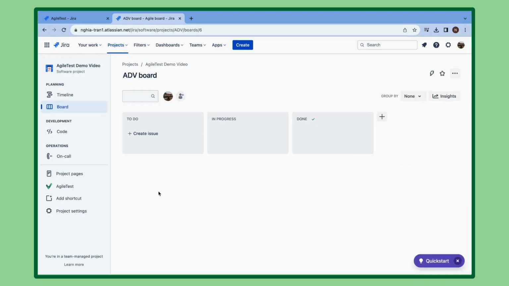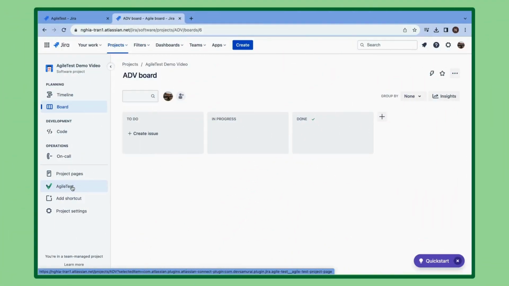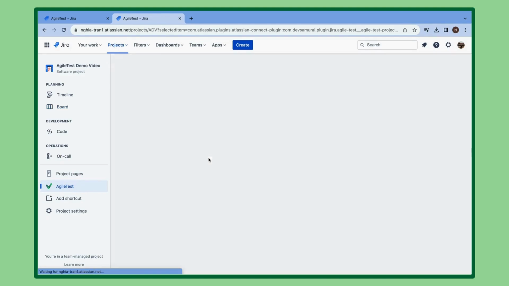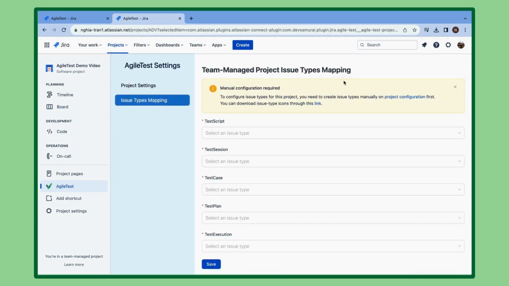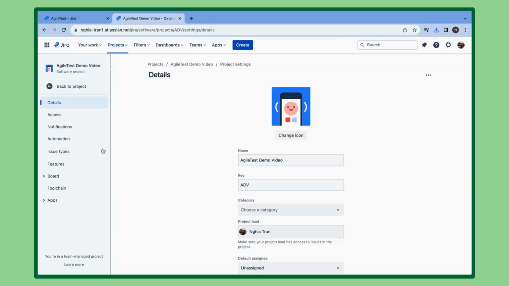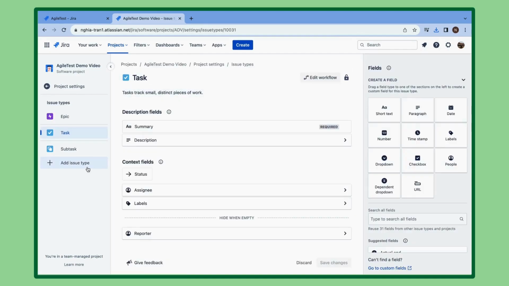So the way to solve this problem is to get these issue types configured. In the next phase, choose issue type mapping in Agile test settings. Firstly, we download the icon link in the warning notification here by clicking on it. Then we can either click the above link or we can manually do this step by navigating to the project settings. Choose issue type, create issue,